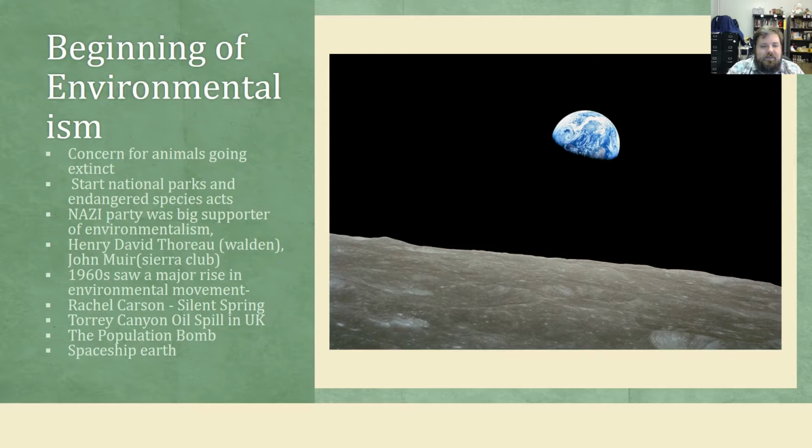particularly endangered species. Around the same time, and a little bit later in Europe, particularly the Nazi Party, were actually big supporters of environmentalism. They weren't very good with people, but their environmental laws were actually pretty good and are still generally on the books in Germany today. We see environmentalism in its early stages actually have support across the political aisles from both the left and the right. People like Henry David Thoreau, who wrote Walden, is kind of a figure on the political right. John Muir, who founded the Sierra Club, was a big figure on the political left.